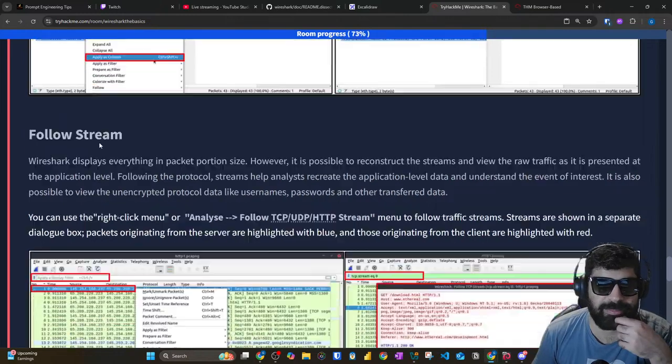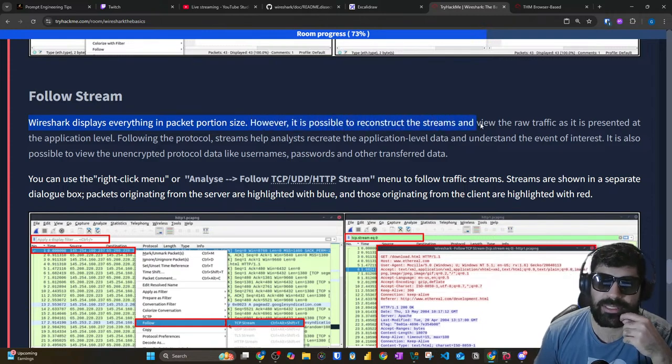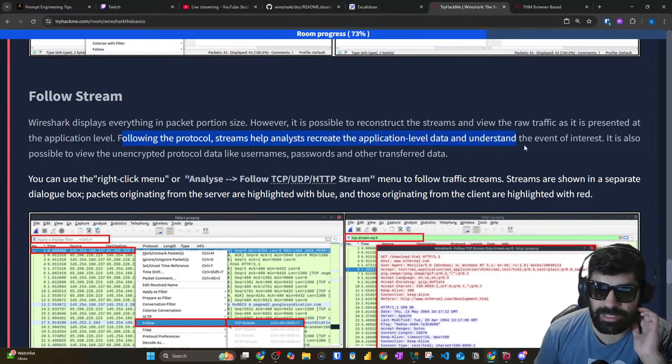That information is available handy. So, follow stream. Wireshark displays everything in packet portion size. However, it is possible to reconstruct the streams and view the raw traffic as it is presented at the application level. Following the protocol streams helps analysts recreate the application level data and understand the event